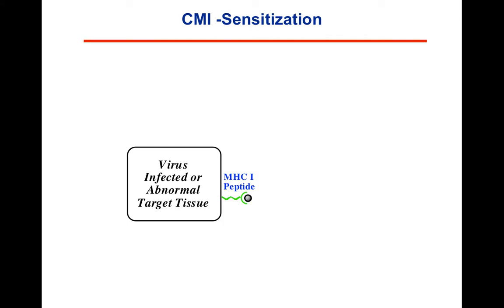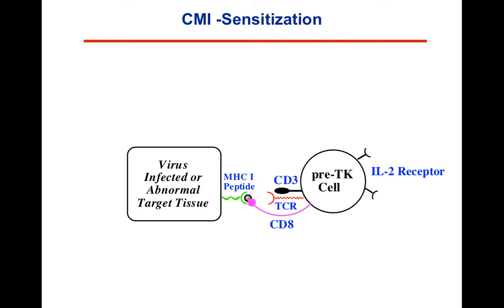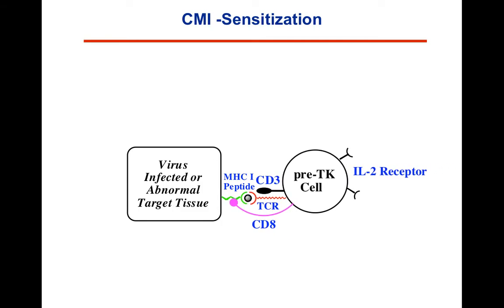Now, when this happens, by and large, and this can happen on the same cell, but in the vicinity, there will be virally infected cells or abnormal target tissue, and there will be cells that wander around, referred to as pre-TK cells, pre-T killer cells. They express IL-2 receptor on their surface. There is MHC, the peptide that's being expressed on the surface is being expressed now,